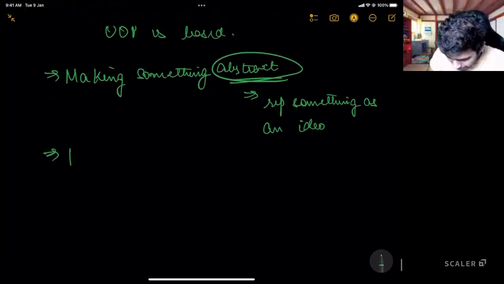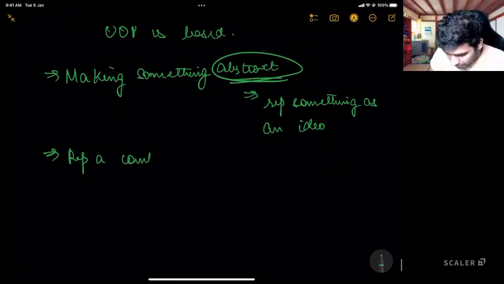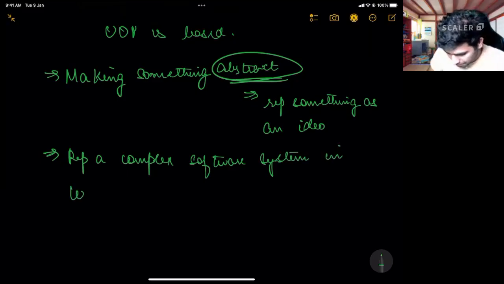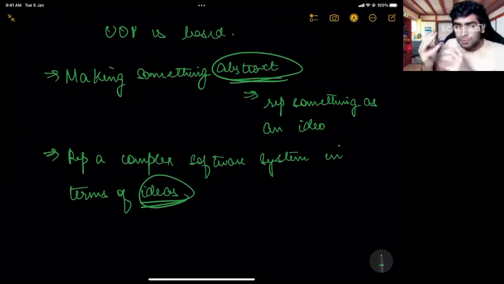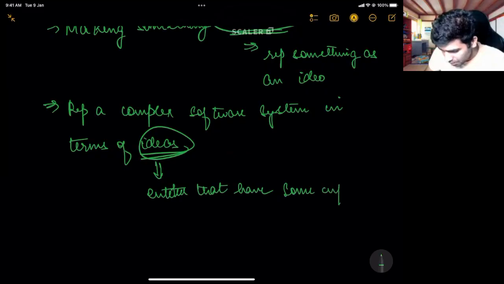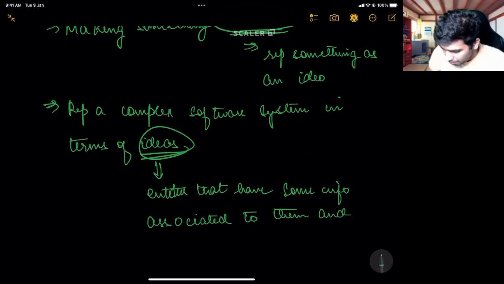So, representing a complex software system in terms of ideas. And what do I mean by ideas? These ideas are nothing but entities that have some information associated to them and can perform some behavior.